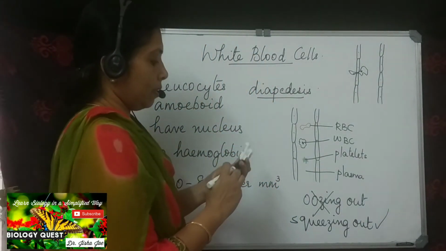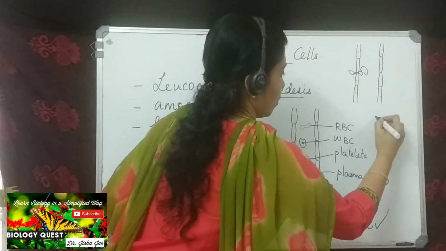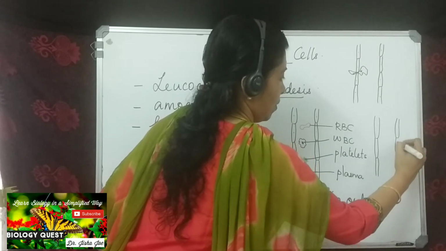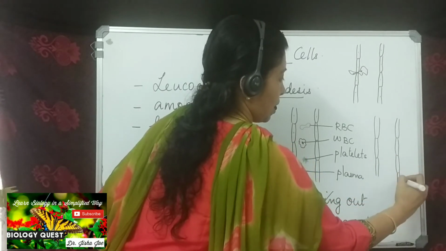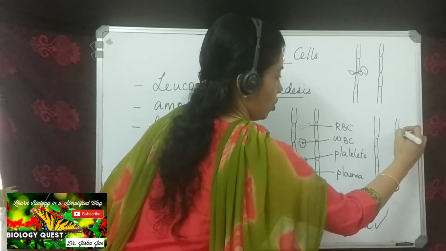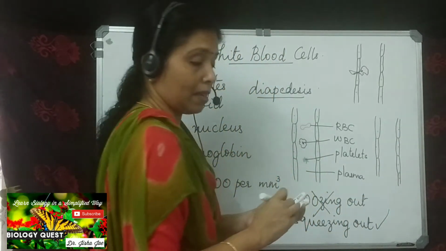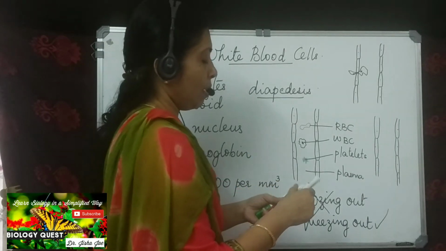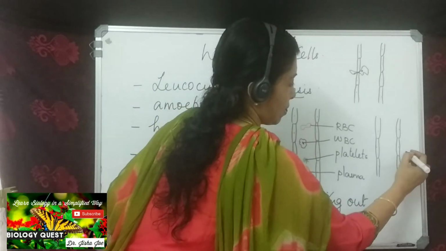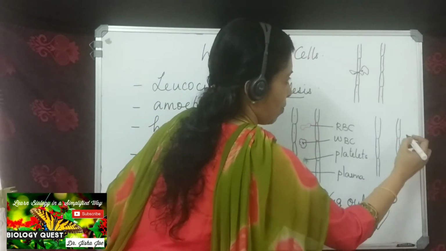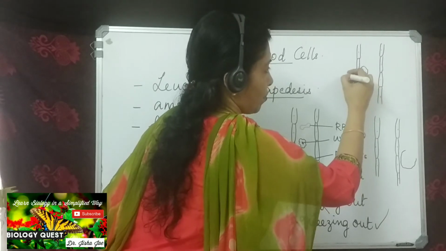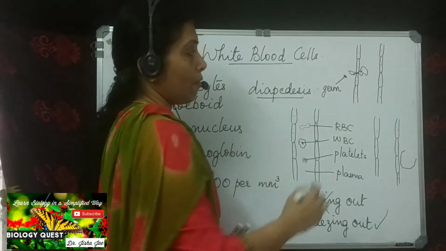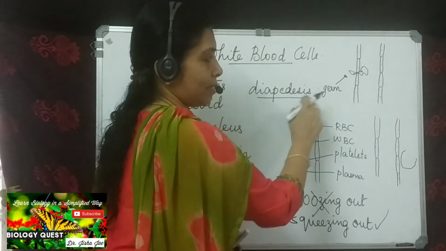Okay, and so after diapedesis, you can see the WBC has squeezed out. When does this process take place? When there is a disease causing germ present in the intercellular fluid or the tissue fluid, you can see the WBCs squeezing out. Now here you can see the WBC has entirely squeezed out. So here I am drawing a germ there. That is the germ or a foreign body that has entered into our body. The WBC squeezing out, you can see, that is diapedesis.